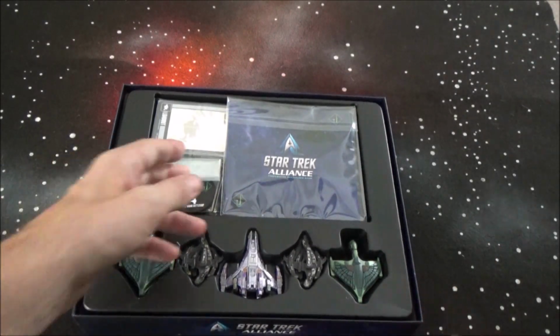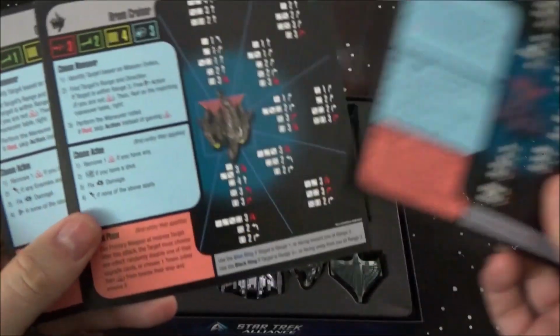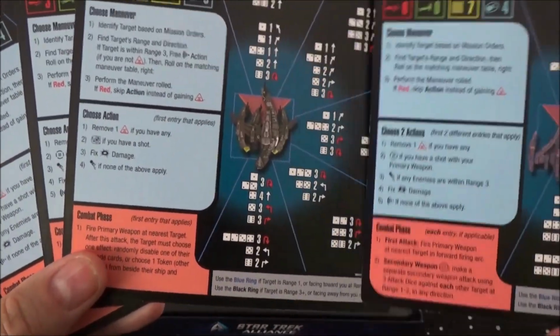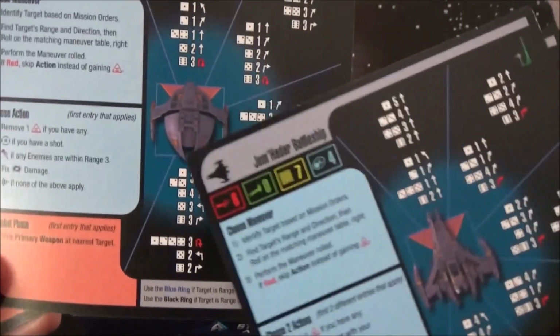So first off in the box here, we have our AI cards. And these are what you're going to be using to control the AI on the various ships. There are a lot of them in here. Looks like they came with one of each. I'm not sure if they include all of them because,